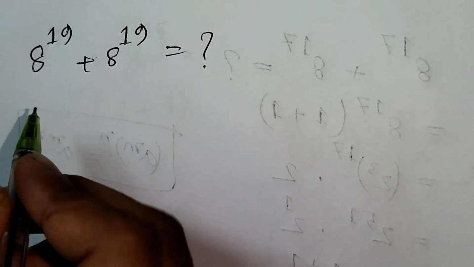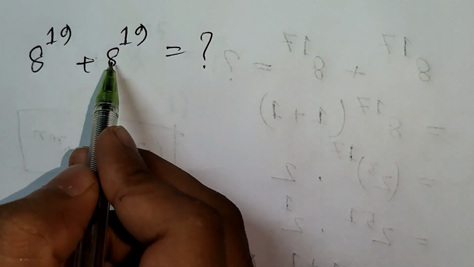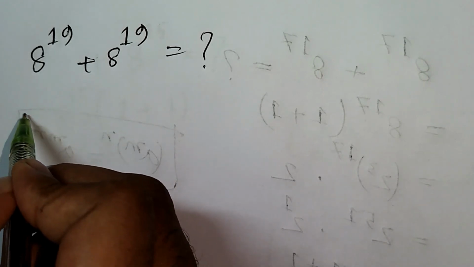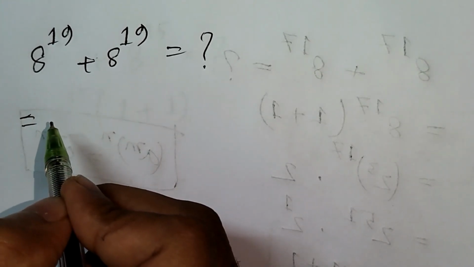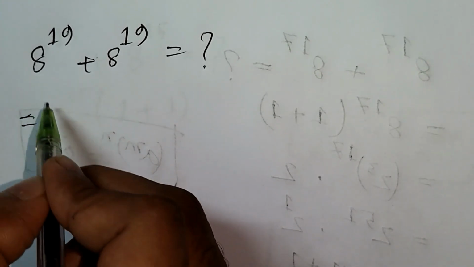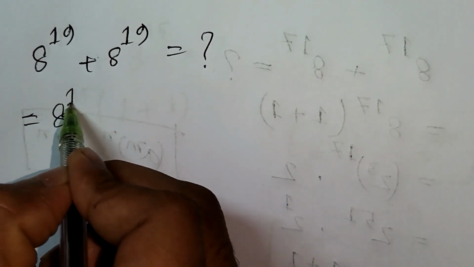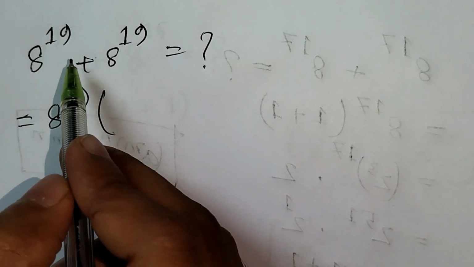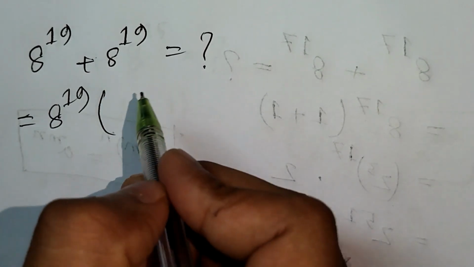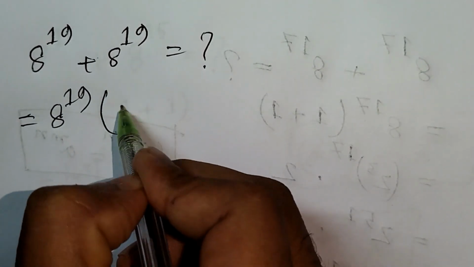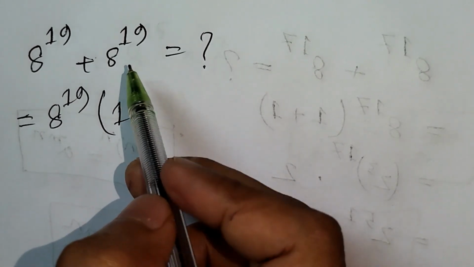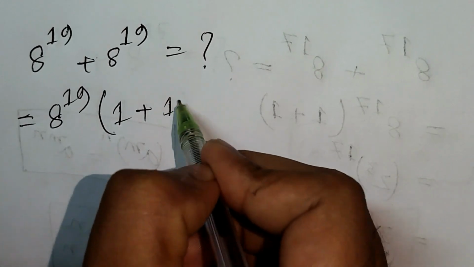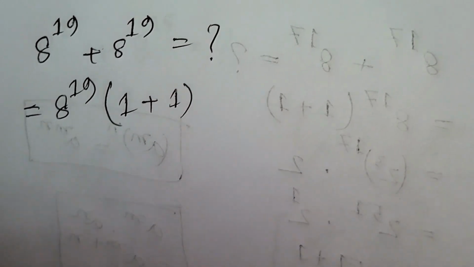How to simplify 8 power 19 plus 8 power 19 is equal to what? At first, we take common 8 power 19. First bracket start 8 power 19 divided by 8 power 19, that means 1, plus 8 power 19 divided by 8 power 19, that means 1. So